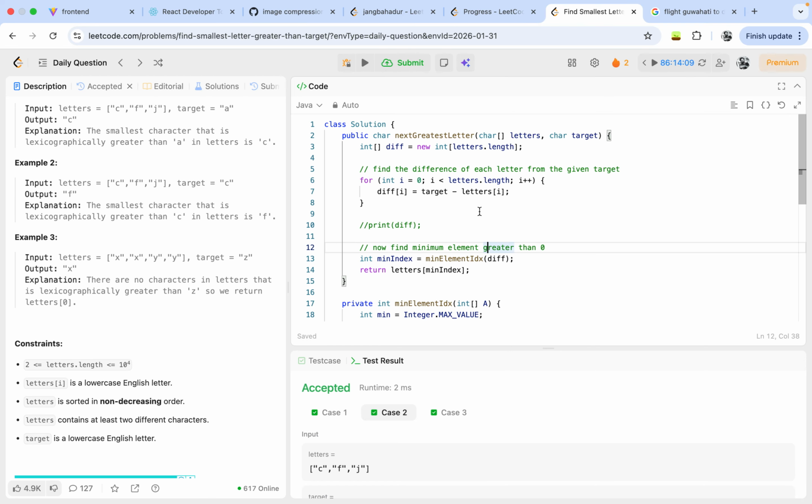So the approach is what I thought. The simple concept is I want to take a difference array which will store the difference of each element from the target. Okay, so find the difference of each letter from the given target. From that, we simply create a for loop: int i equal to 0, i less than letters length. Okay, so simply what we can do is calculate the